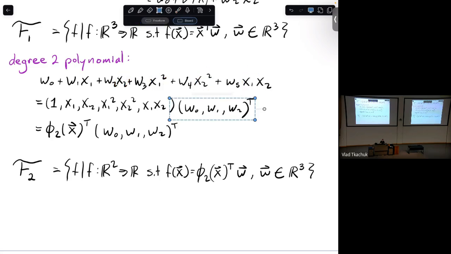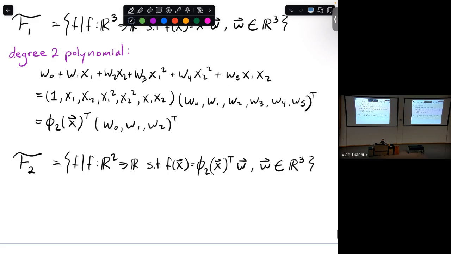And the weights or the parameters you have, well, now you have 5 of them, I think. Well, you have technically 6, because it's indexed up to 5: W3, W4, W5. Okay. And now this phi2, same function, but when it takes in x vector of this form, right, which